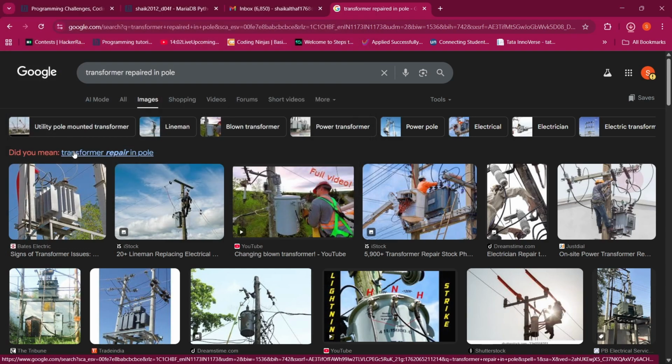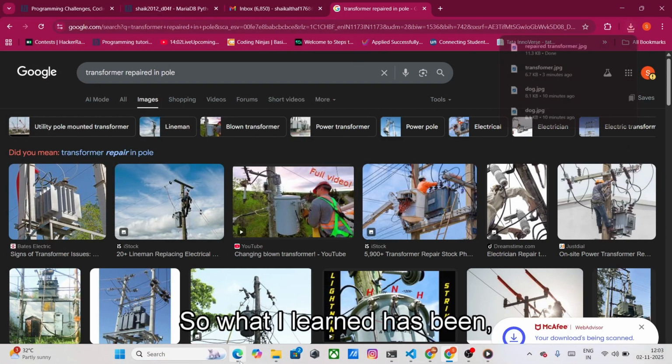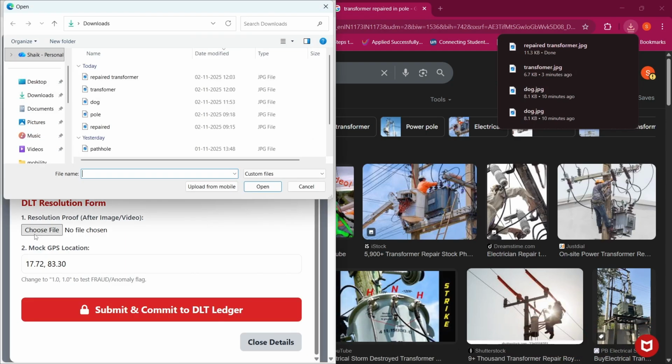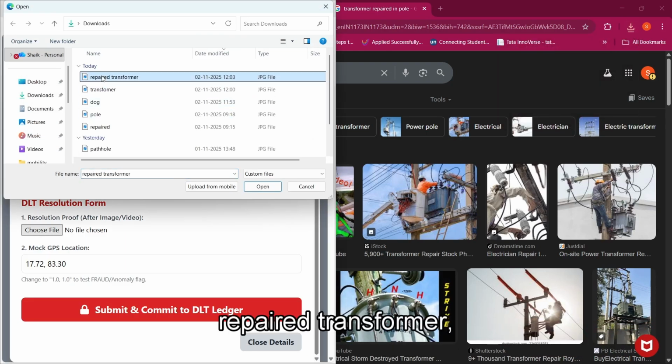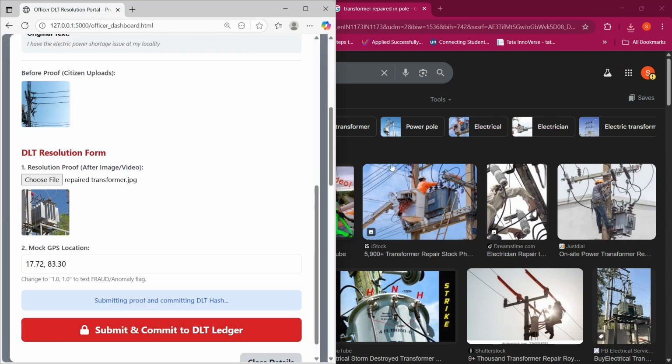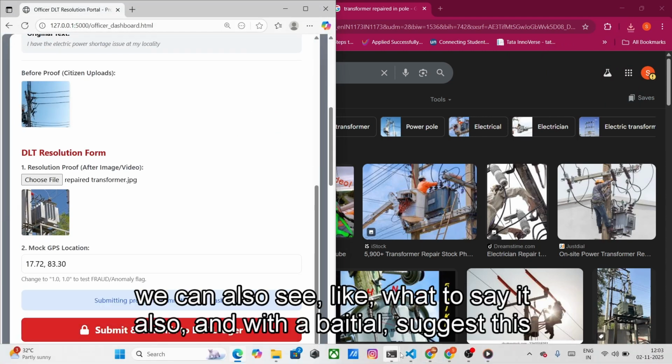So it has been solved, and if I click repaired transformer and then submit,